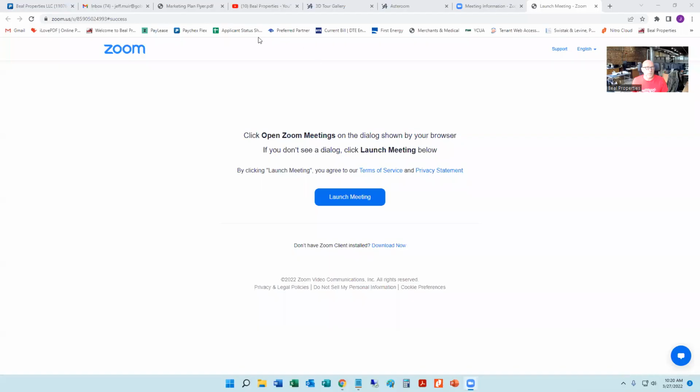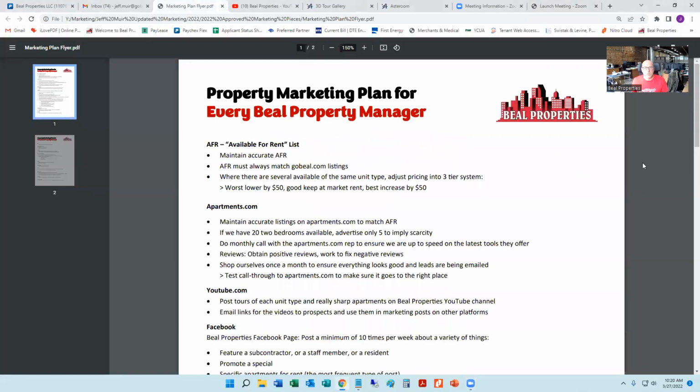So I'm going to dip into this screen here and show you. This is a standing document here in our office, and every property manager on our staff basically has this pinned up at their desk, and this is something that they just do on a rotating basis for all of their